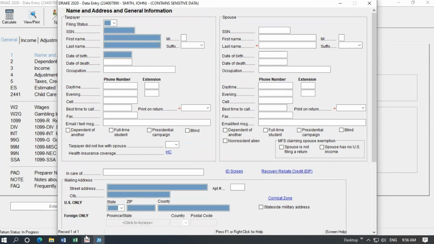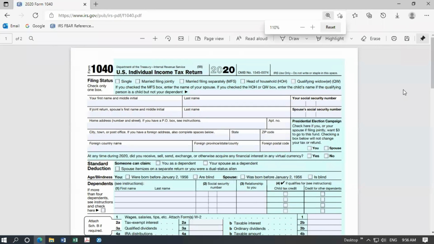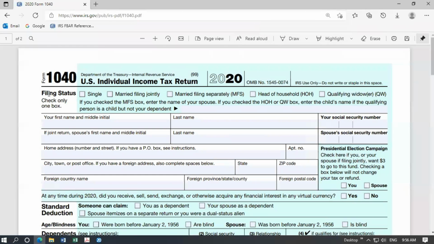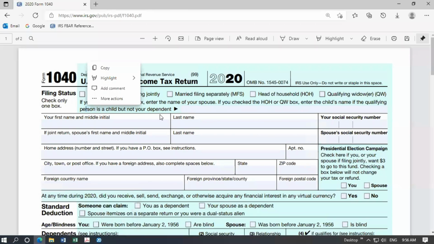So as we see, what is the first one in 1040? Filing status, right? Yes or no? Yes. Okay, yes, sir. So we have filing status here: single, MFS, HOH, and QW. Okay, so most of the time you will get the prior information, but if you are going to file your client return first time, then you need to ask,